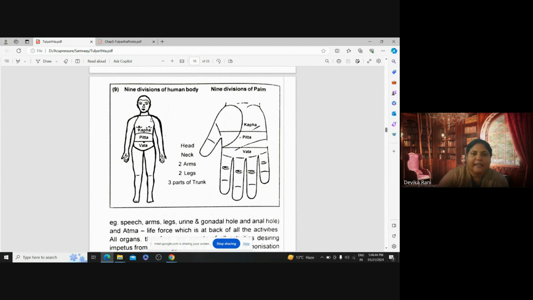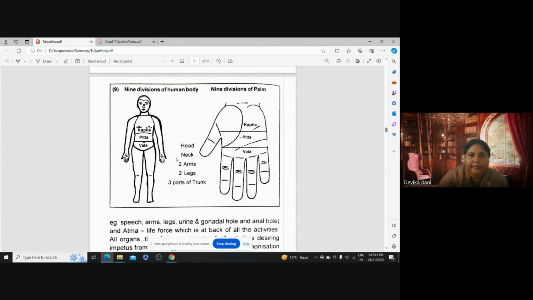So if they are in the human body, they can obviously be represented in the palms as well. If you see, the chest region over here is more of Kapha. So that is again represented over here. Then the upper abdomen mostly is Pitta and lower is Vata. So then they've made the 9 divisions